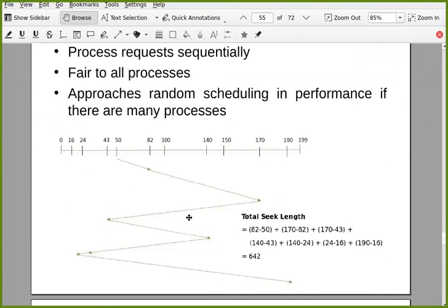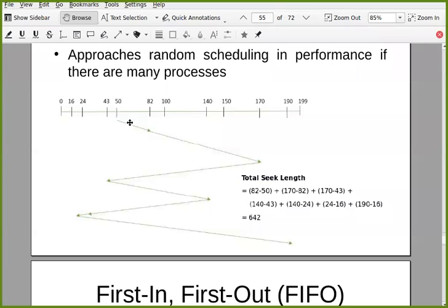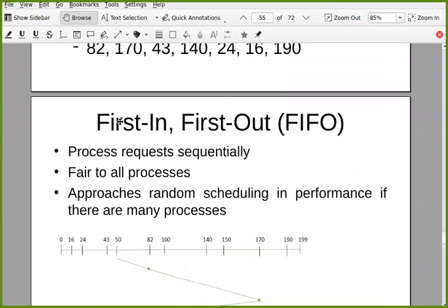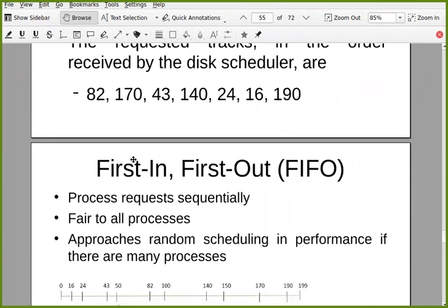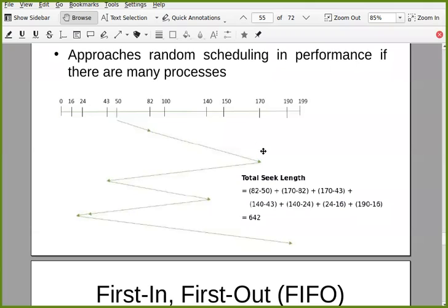If I can show it here, think of these as your tracks from 0 to 199. Initially your read-write head is at 50. The first request that you serve is 82. So from 50, your read-write head needs to move to track number 82, and this seek time will be added. From 82, it will move to 170, so from here to 170, seek time will be added.